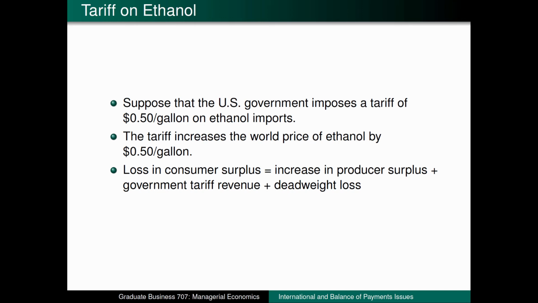Intuitively, we can already predict the impact of this higher price on consumer surplus and producer surplus. Without even looking at a graph, we can anticipate that this higher price will lead to less consumption, and so consumer surplus will be lower once this tariff is imposed. On the other hand, domestic producers are better off because American companies can sell their ethanol at a higher price, which could allow them to earn a higher profit. One big distinction here is that we now need to factor in the government when thinking about economic surplus, since the government will now be earning revenue from the tariff. We'll need to take a look at the graph in order to think about this more clearly.